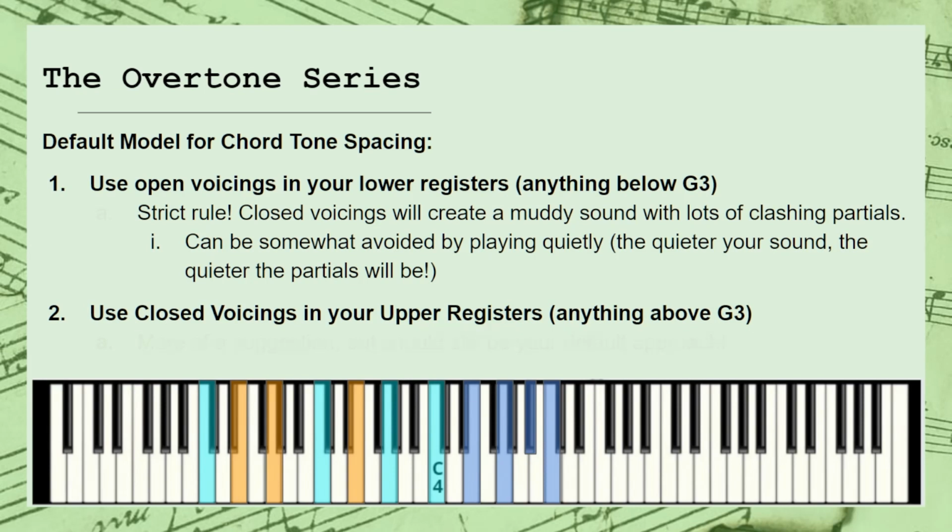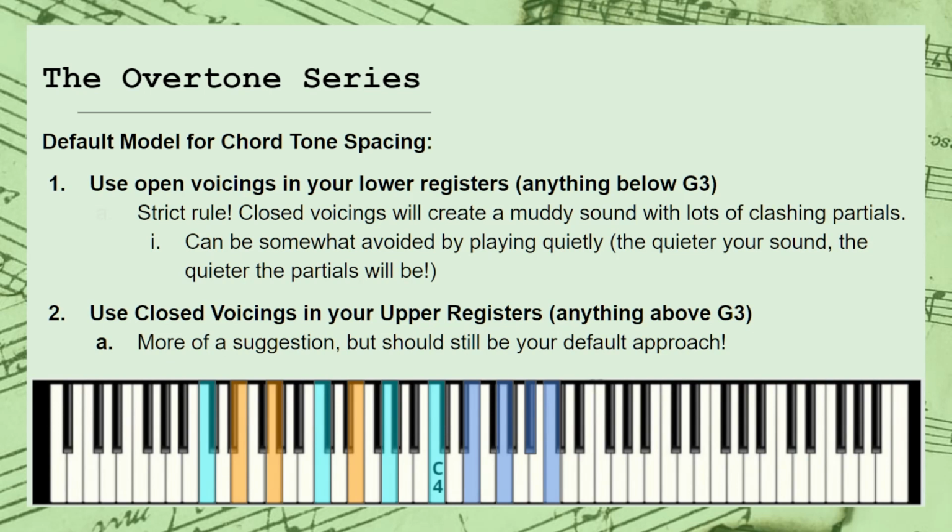Now, the second idea, which is having closed voicings above G3, isn't nearly as strict. This one is more like a helpful suggestion. Some instruments, like the strings, can do open voices with no problem, while others, like the brass, tend to leak a bit of power and become unstable when not written in closed voicings. This is usually due to differences in power and tone color across the instrument's different registers. But either way, the impact of ignoring this suggestion will not be nearly as devastating as it would be to